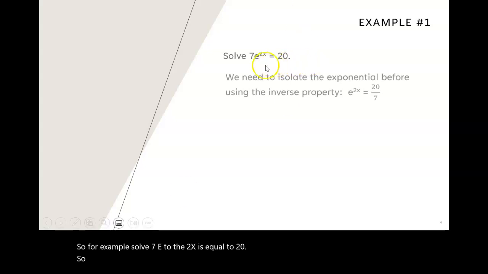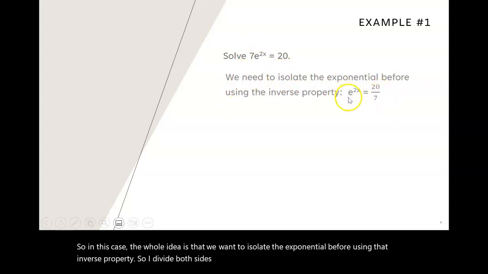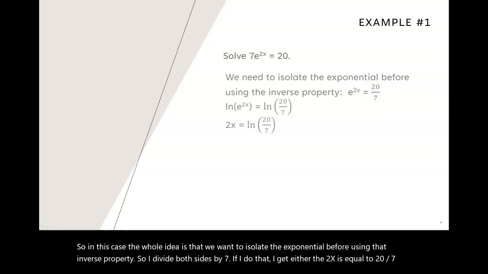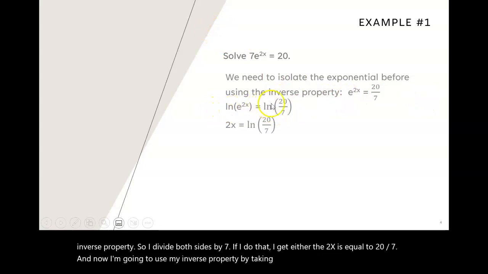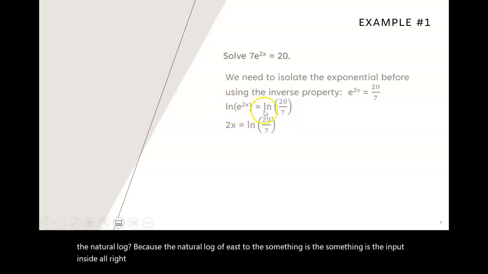In this case, the whole idea is that we want to isolate the exponential before using that inverse property. So I divide both sides by 7. If I do that, I get e to the 2x is equal to 20 over 7. Now I'm going to use my inverse property by taking the natural log of both sides. Why the natural log? Because the natural log of e to the something is the input inside. So if I take the natural log of both sides, I get natural log of e to the